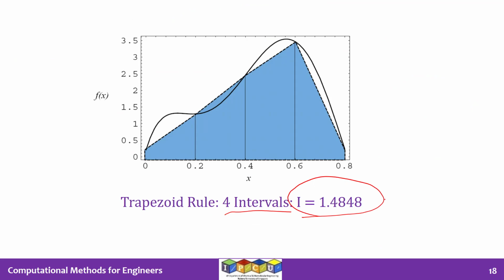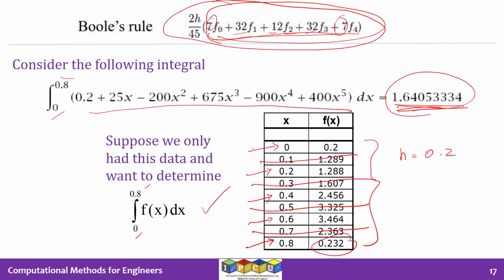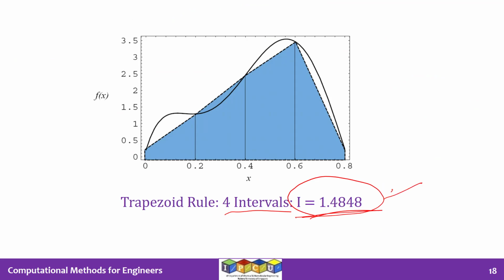So there is quite a bit of error in this estimation, simply because of 2 reasons. We are making this decision based on only 5 data points, 1, 2, 3, 4, and 5. We ignored 4 other data points. So if we made use of more data points, trapezoidal rule may have given us a better answer. That's one thing. Second, the inherent limitations of the trapezoid rule, which just assumes linear interpolation between successive points. So both of them contribute to the rather poor estimate of the integral.